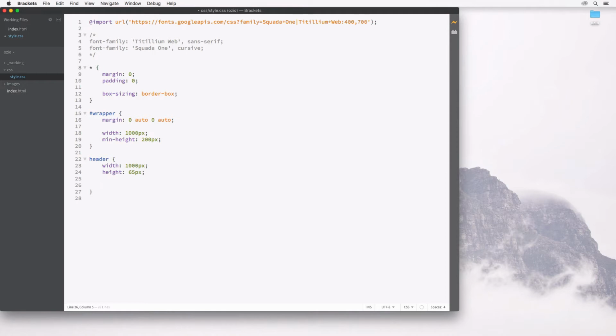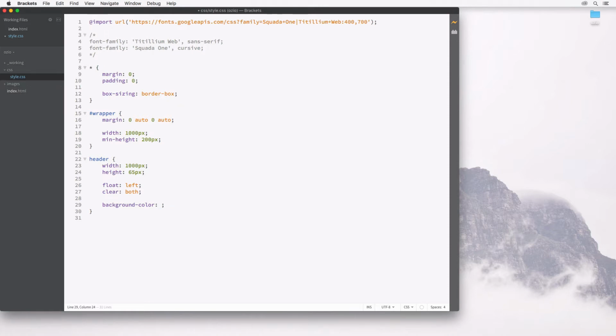We're going to add some floats and clears, in part just to get the practice of adding floats and clears. By default, I want it to float to the left of the wrapper that it's inside of. I don't want any boxes to the left or right of the header. Make sure nothing's on either side of it. So I'm going to add clear of both. And it's got a background color, so I'm going to add background dash color,